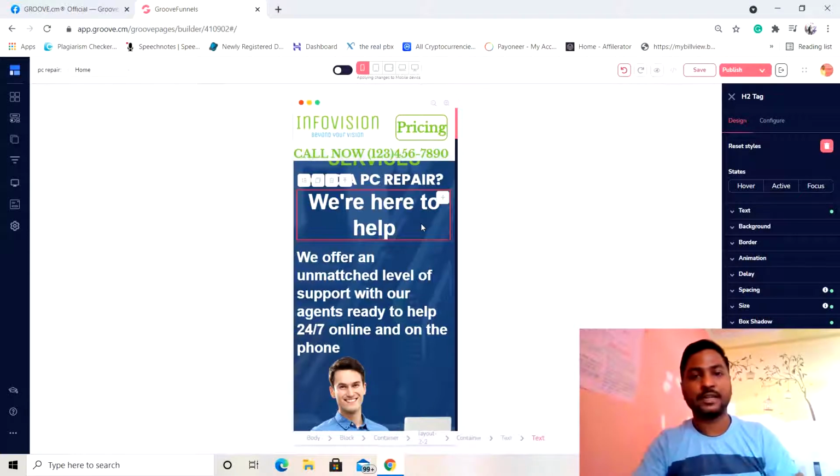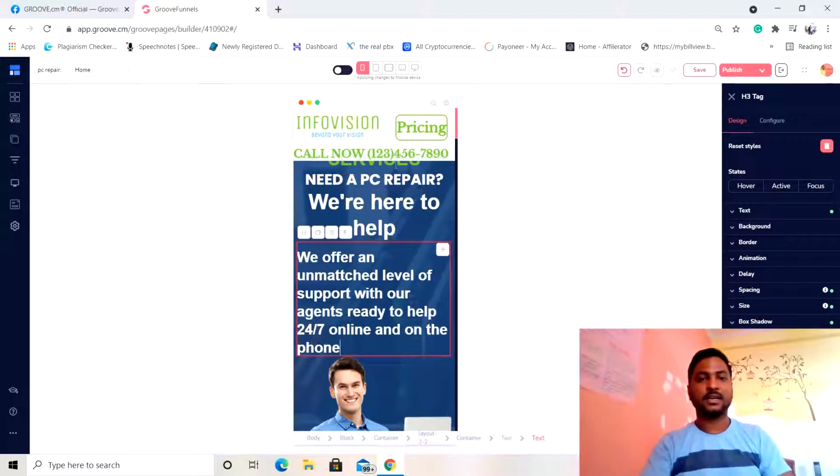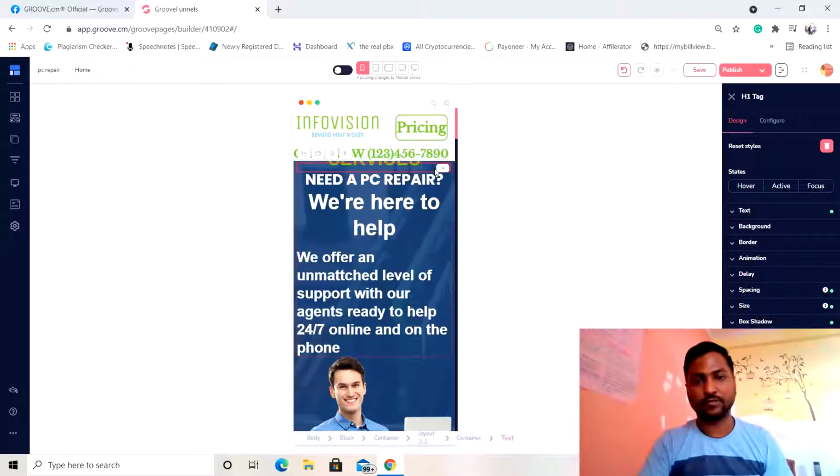Okay, so let's move on, and now you can see in the desktop version, I also wrote in green color InfoVision IT Services, which is the second block, which has gone under the header. So let me first of all make that one come above. So I need to select the entire block first of all.